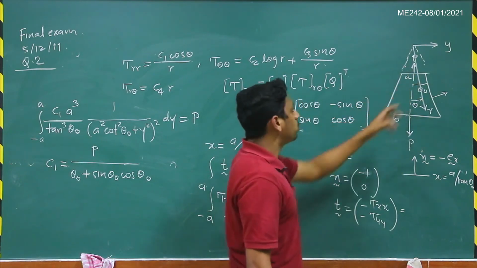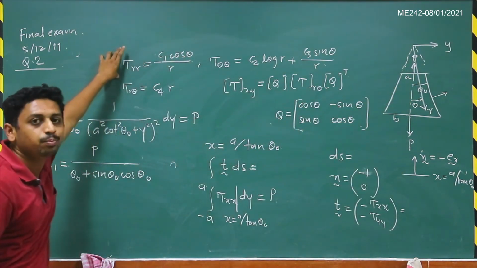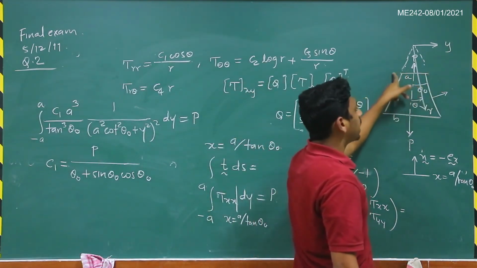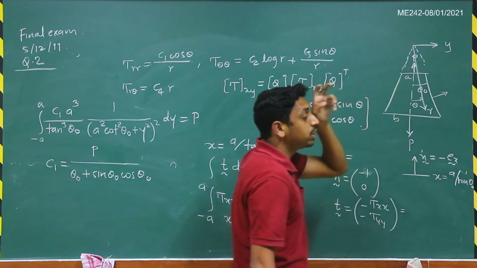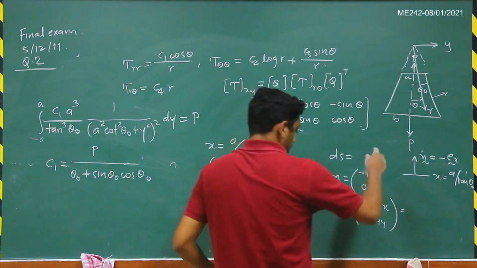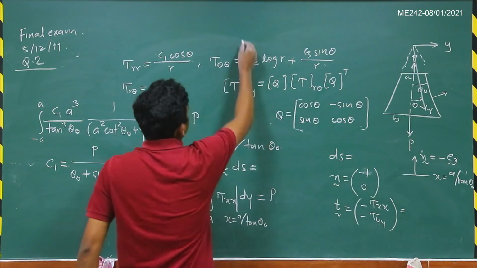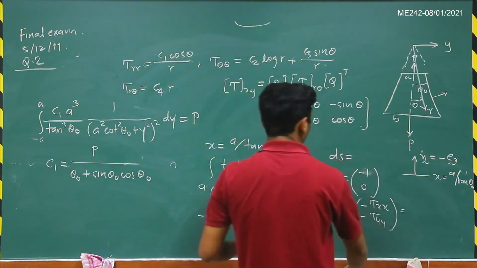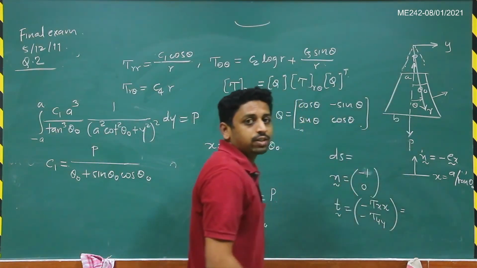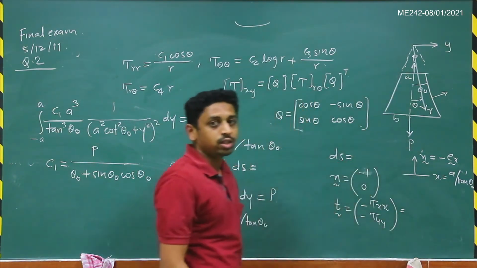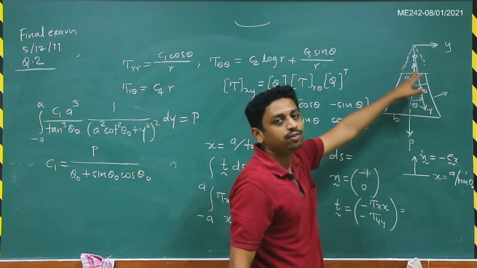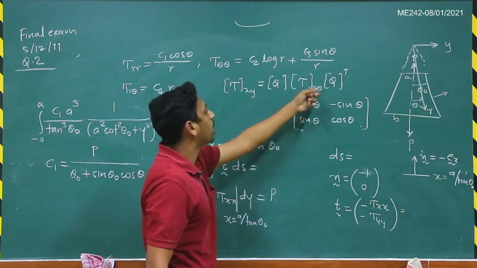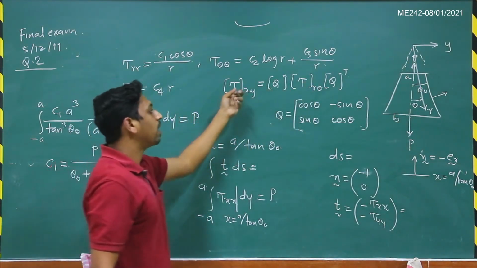Again, we cannot use the stress components in polar coordinates here, because the net force is being applied at some x equal to constant face. So we cannot use it on some r equal to constant. If this face could be r equal to constant, then it would have been some curve, but it's not the case here. The surface is some x equal to constant, and this one is also some x equal to constant. So for putting this net axial force in the boundary condition, we have to transform our stresses from polar coordinates to the xy, or Cartesian, coordinate system.